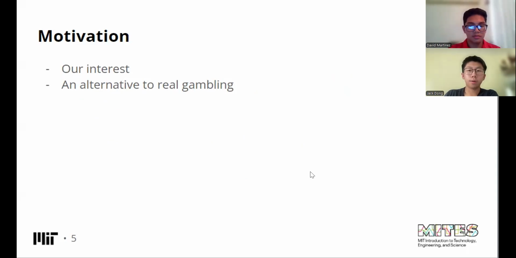And lastly, our project benefits people in some way by providing them with an alternative to real gambling. People can still enjoy the real game blackjack and not have to lose any money. Additionally, we provided players with an option to play bet free or with bets. This gives people who enjoy the betting aspect of the game a chance to love the game still while not gambling real money.